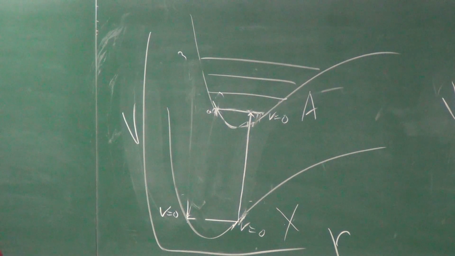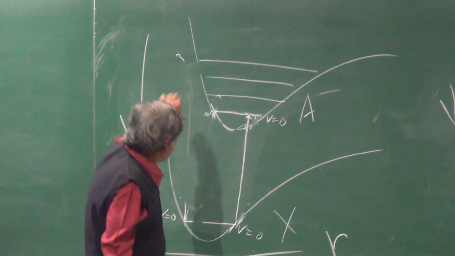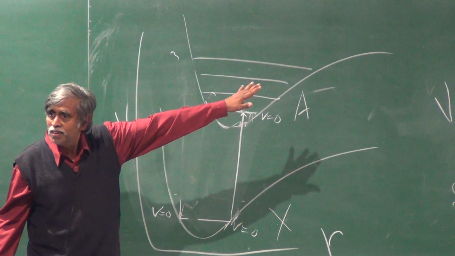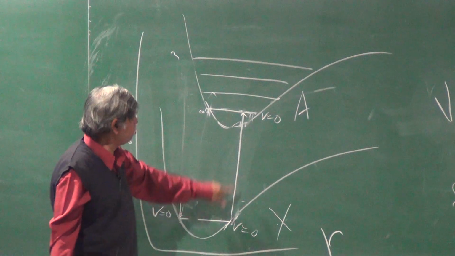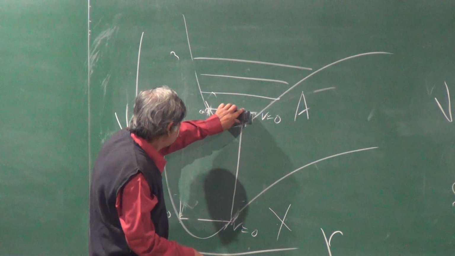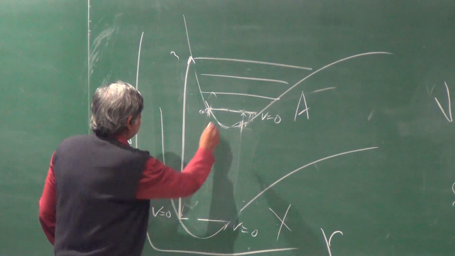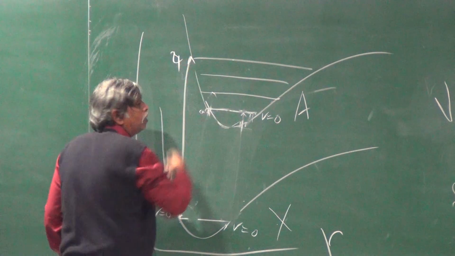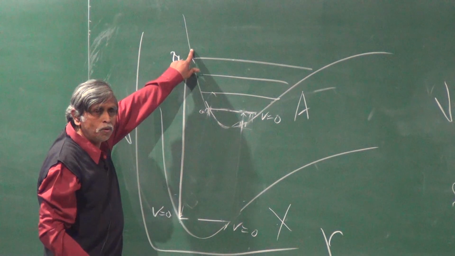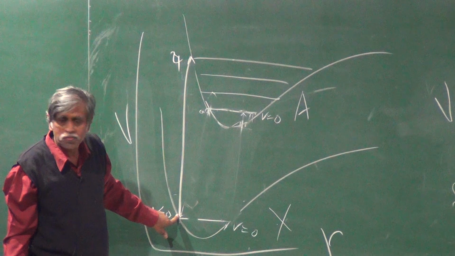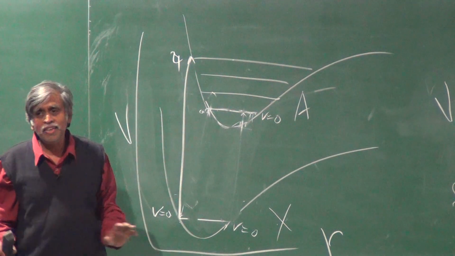Impossible. And therefore, if I had a potential which had a ground state like this and an excited state potential that looks like that, what happens? 0 can't go to 0. But what can it do? 1, 2, 3, 4. 0 can go to 4, vertical line, 0 kinetic energy, that's okay.